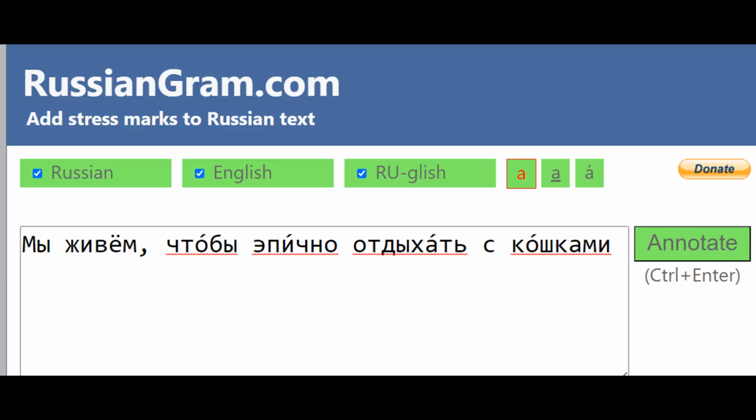In the description is a link to a tool, which can mark the stressed vowels in any Russian text with an apostrophe above the stressed vowels in question, or by placing an umlaut for the ё's where they belong. Ё's are almost always stressed. Just make sure you can correctly place and read it based on stress markers.